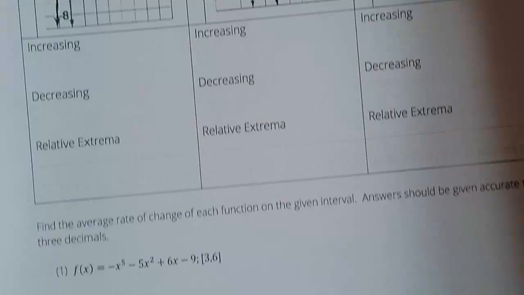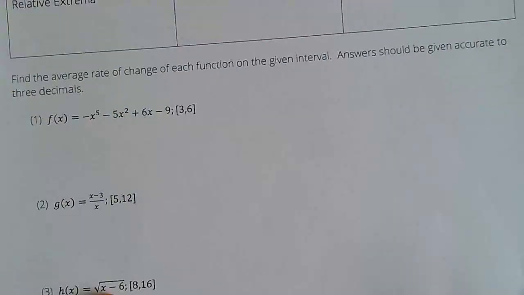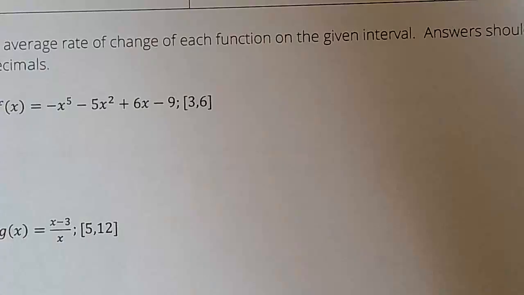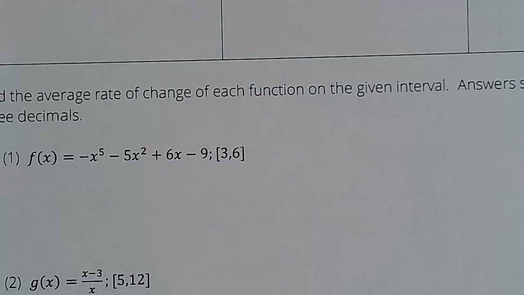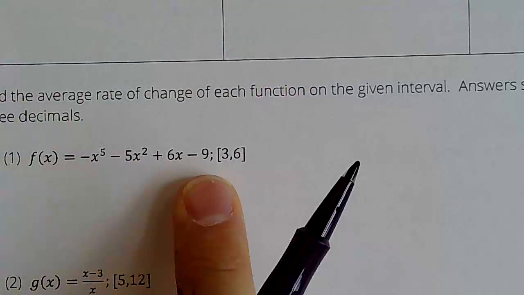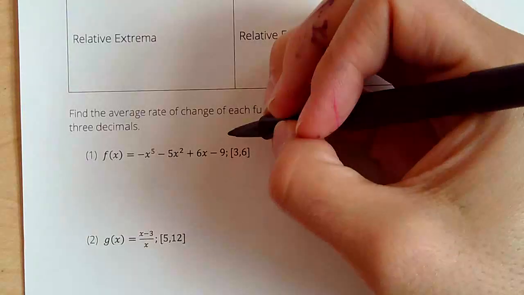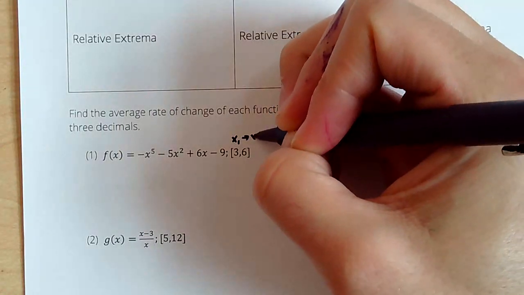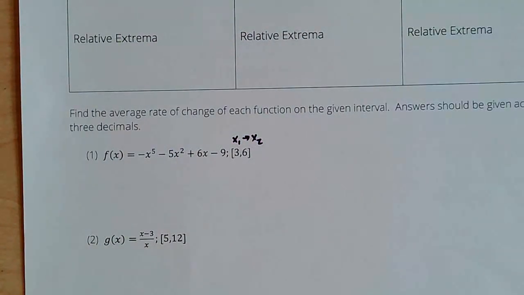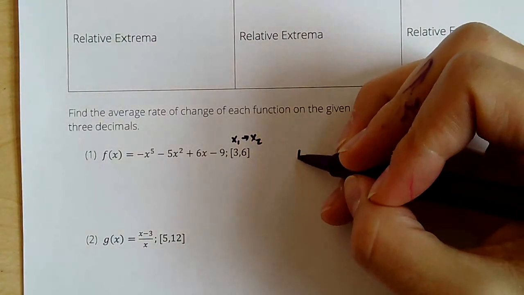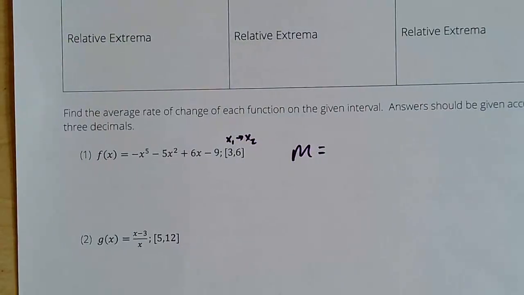Let's look at another example. This time, this is from your homework. So we have this function f of x, and we want to know what is the average rate of change on this function over the interval from 3 to 6. Okay, so these are both x's here. From this x to this x, what is the average rate of change? Okay, so we're going to find our average rate of change, also known as slope,